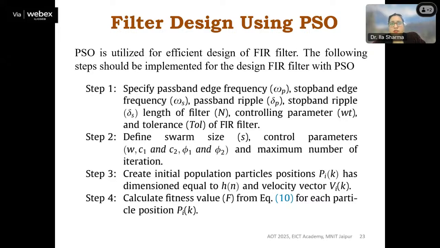Am I clear to you all on what I am trying to do using this PSO? Taking my parameters of optimization as the filter coefficients, I have made one objective function, and now I am calculating the magnitude response, comparing again and again, and finding the optimized coefficients from which I can get the minimum objective function value. That was the main aim of this. So I have employed PSO here.